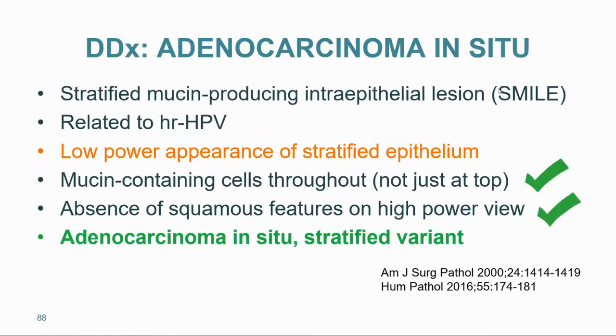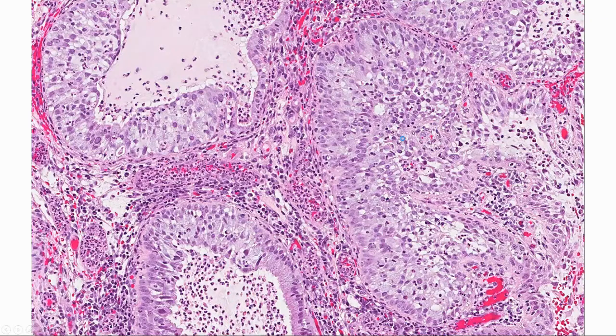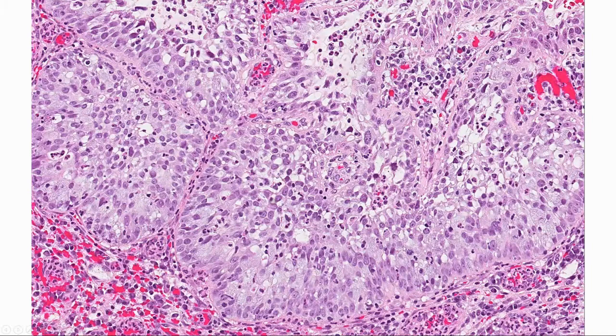We understand SMILE lesions as adenocarcinoma in situ, stratified variants, as per the most recent WHO classification. You can see how something like this will make you think of a high-grade squamous intraepithelial lesion at low power, but at this magnification, we can see the very nice intracytoplasmic mucinous profile of all these cells throughout the epithelial thickness, right? All of these cells are lesional, but contain abundant intracytoplasmic mucin,